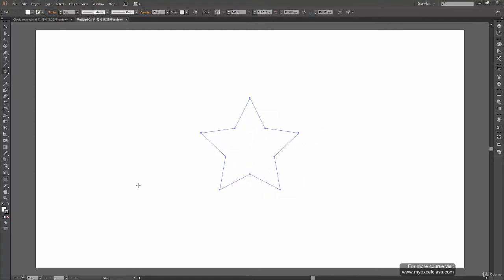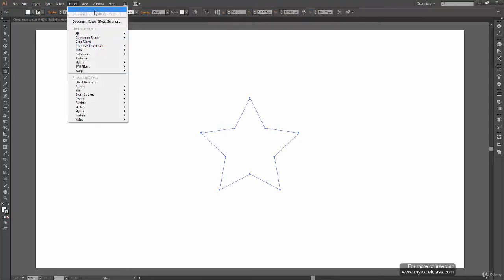Okay, now to open the effects, you can go to the Effect menu from your menu bar, and when you click on it you get all this menu open, and it has two kinds of effects: Illustrator effects and Photoshop effects. So it is just a category that has divided a variety of effects. Like in Photoshop effects you get this blur, or you get these brush stroke effects, and they are further divided into more effects which you can click and apply. Again, you are free to experiment with all these effects. I'm just going to explain a few of them.